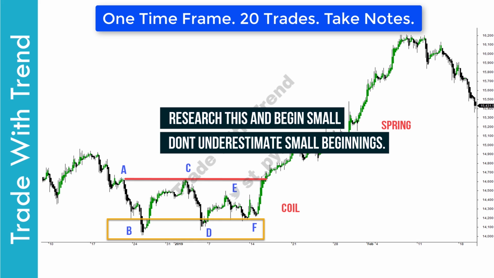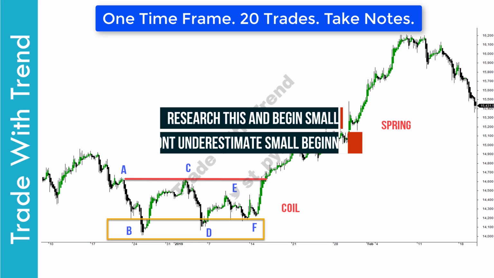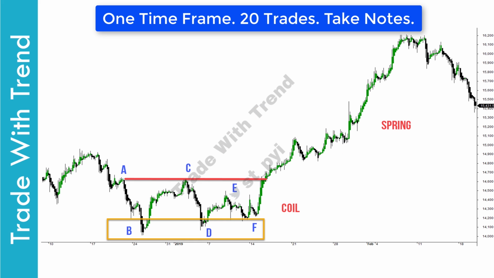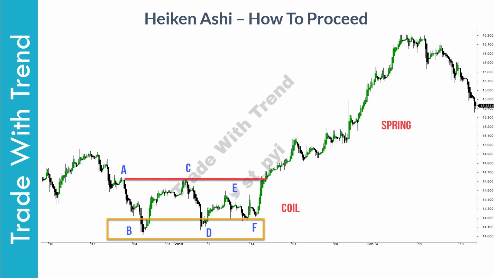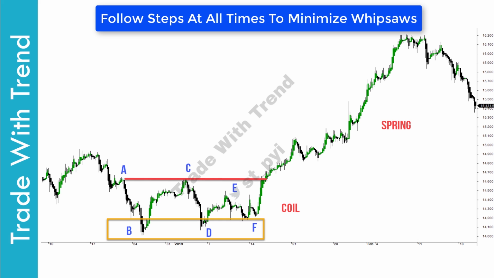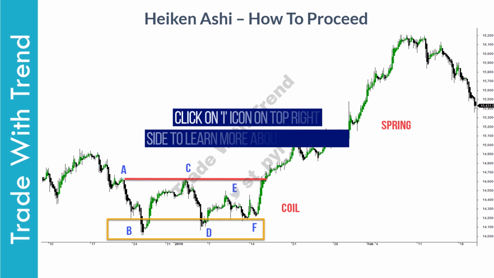In order to proceed with this trading strategy, make sure you stick to one time frame for the next 20 trades. Take notes of your trades and do not risk more than 0.5% of your account size per trade that you take. One important aspect you have to keep in mind is that this swing trading pattern fails as well. But if you follow the steps of analyzing strength of Ikeneshi candlesticks along with volume conditions, then more often than not, you will be on the right side of the trend.